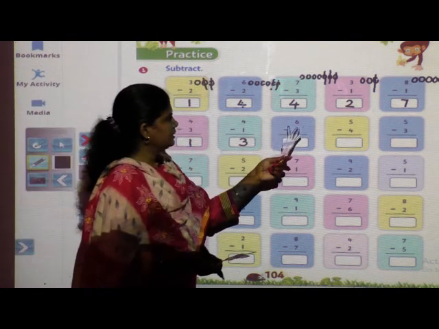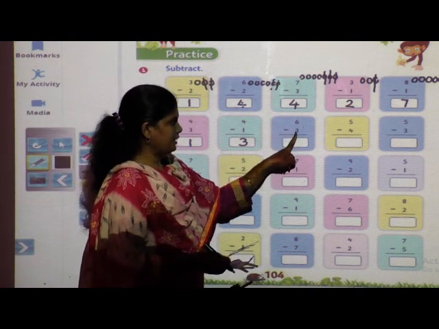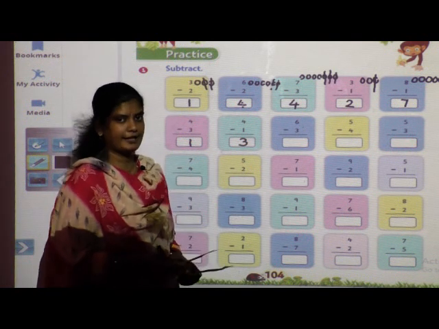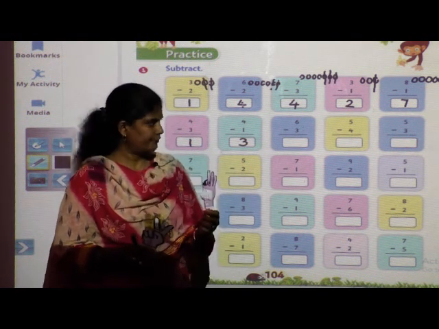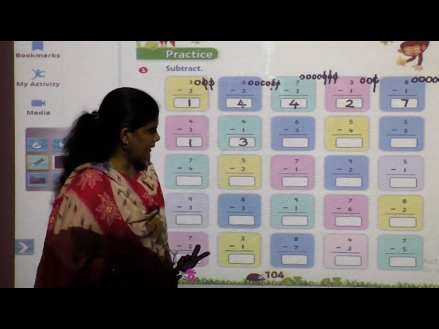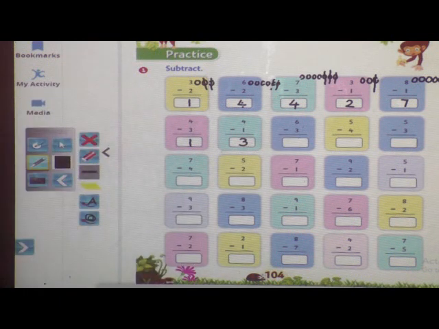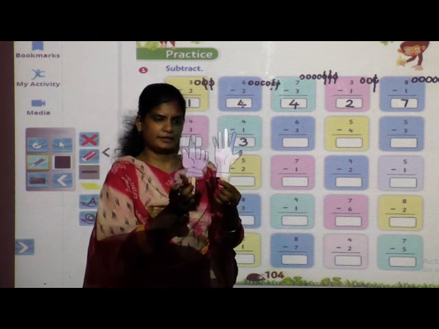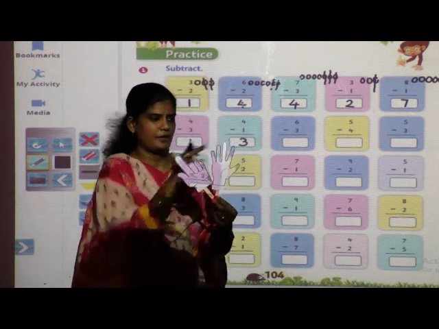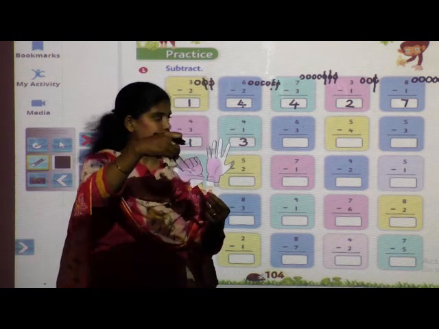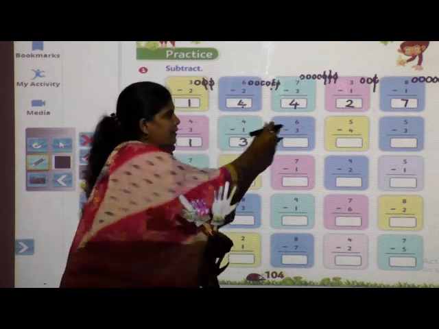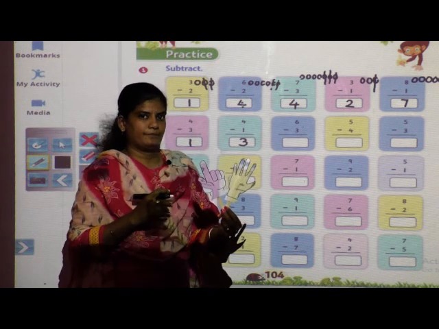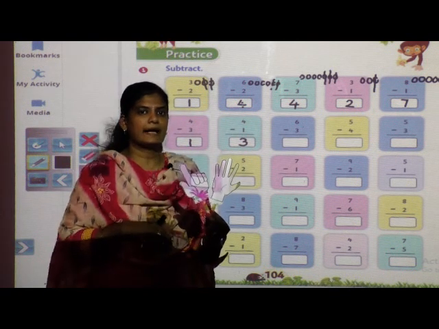Now open your, see here, 6 minus 3. So now you have to open 6 fingers. Everybody open properly, 6 minus 3. First open 6 fingers. See, 5 plus 1, 6. Yes, I have opened my 6 fingers. 1 2 3 4 5 6. 6 fingers I have opened. From that we have to minus 3. Means if we have 6, we have to minus 3.